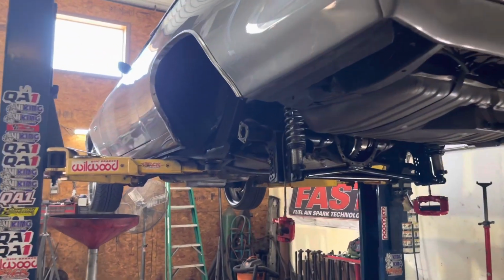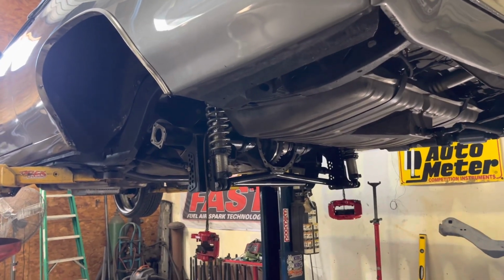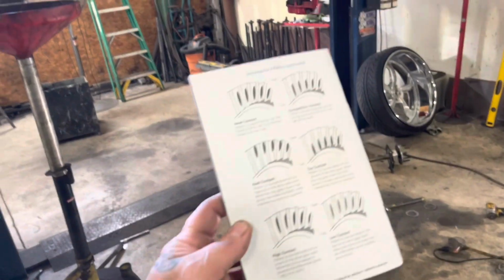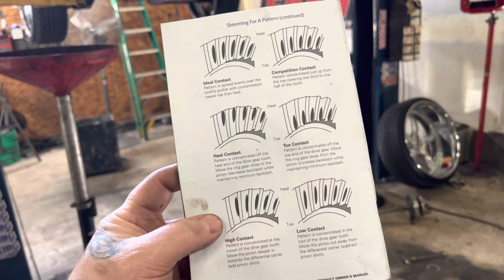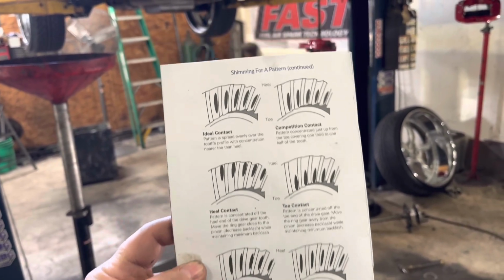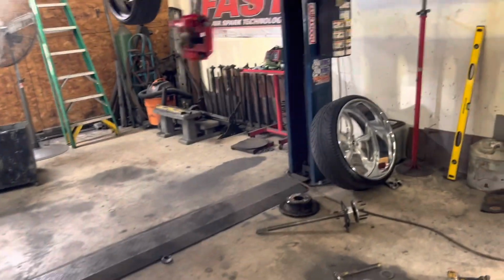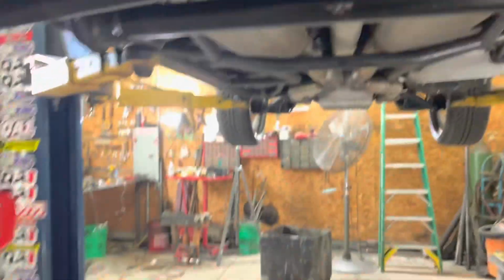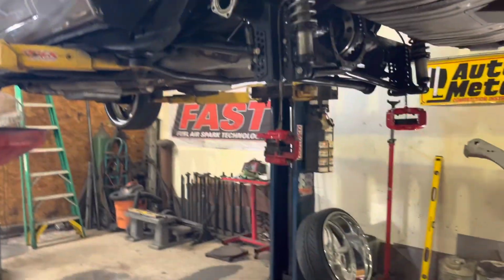It's all fabbed up. But real fast, I did that. Had to knock all the races out of the housing, put all the new bearings in, set the backlash. Backlash took me a little bit. When you buy the gears, they have a booklet in there and it shows you acceptable wear patterns and all that. It tells you if you're too much pinion, not enough pinion, shim, things like that. And you got your competition mode, which is the top right. So competition mode, if you were to look at this, and I'm trying not to block the light, you would see that's competition mode. Got the 8 to 10 thousandths backlash. But anyways, so